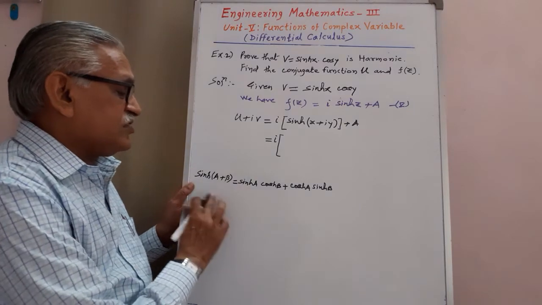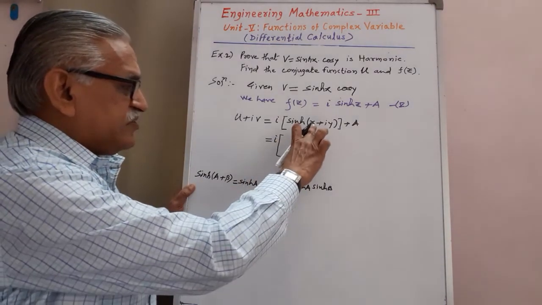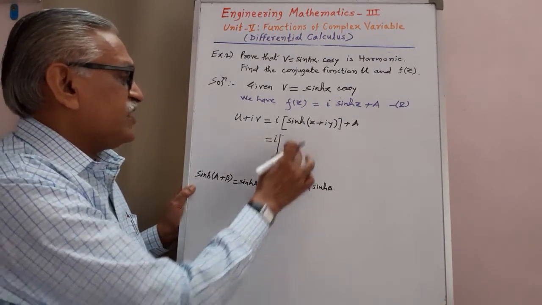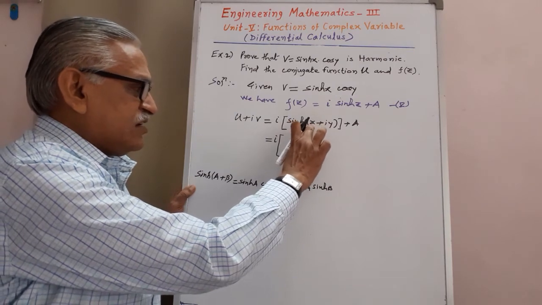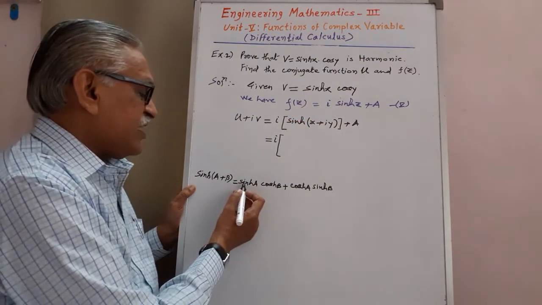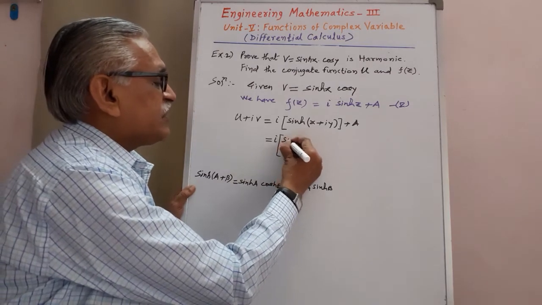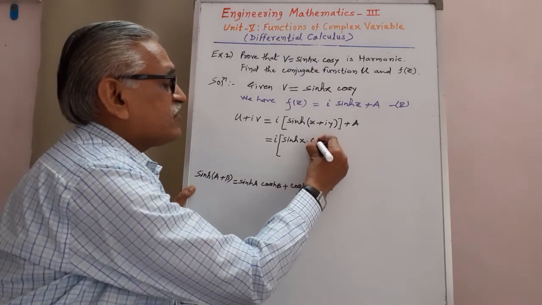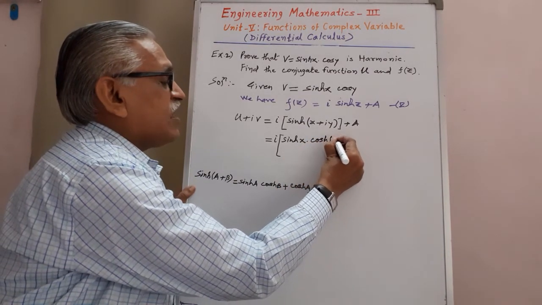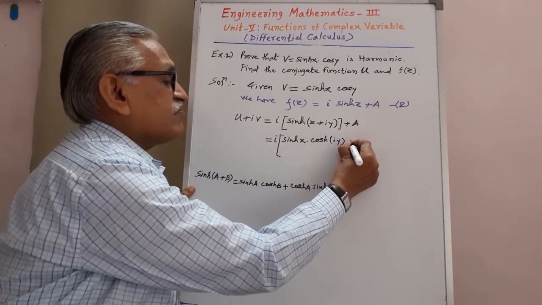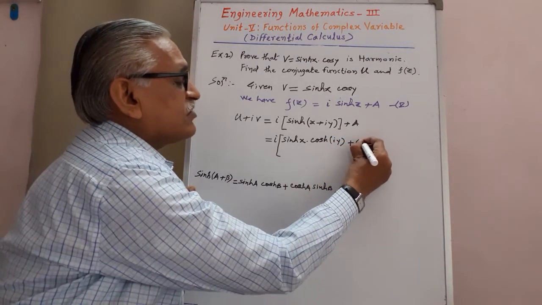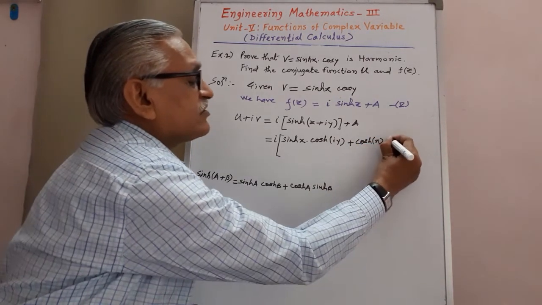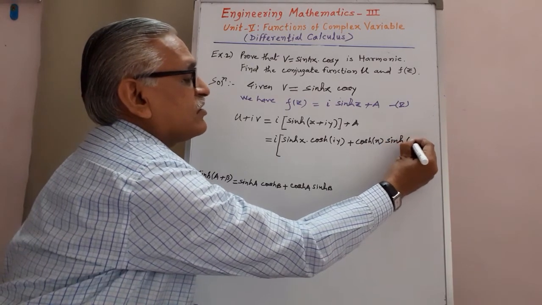We use this here: a means x and b means iy, and therefore applying this formula, we have the expansion of sin h of x plus iy as sin hyperbolic of x, cos hyperbolic of iy, plus cos hx sin hyperbolic iy,